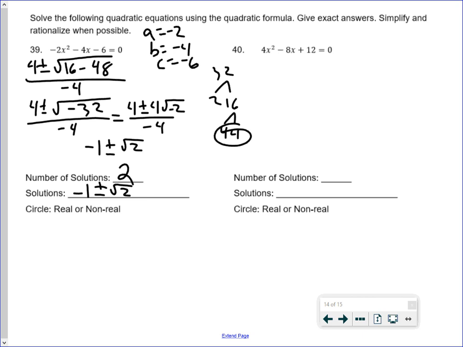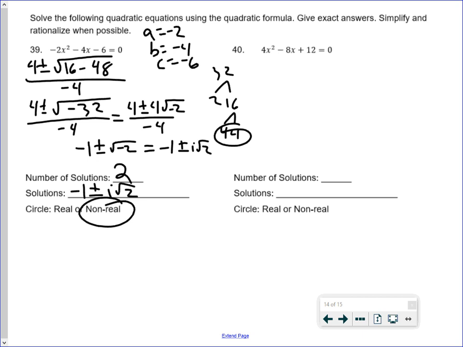Sorry, I put the negative here actually, so let's take a step back to our answer. So we have 4 plus or minus 4 square root of negative 2 all over negative 4. Divide the coefficients of 4, the 4, and the negative 4 all by negative 4. We get negative 1 plus or minus the square root of negative 2, which is the same thing as negative 1 plus or minus i root 2. So same thing, our discriminant is still non-zero, so we still have 2 solutions. Our solutions are going to be negative 1 plus or minus i root 2, and our